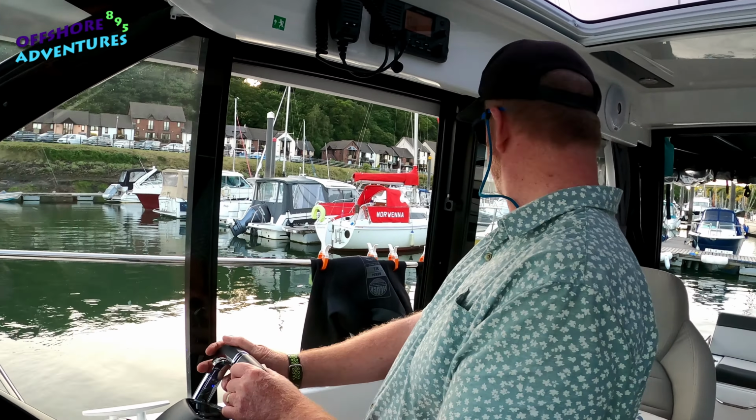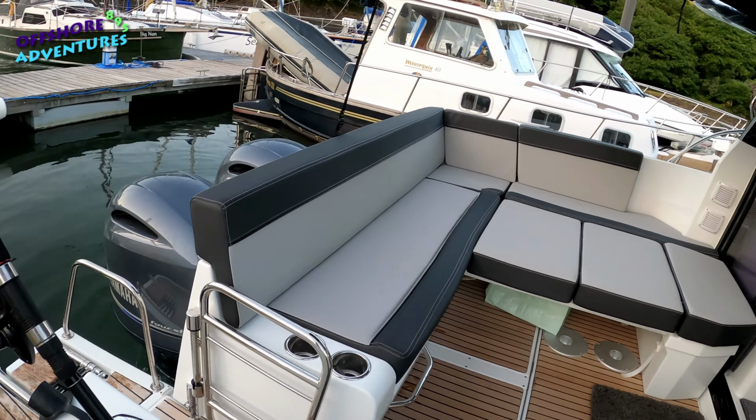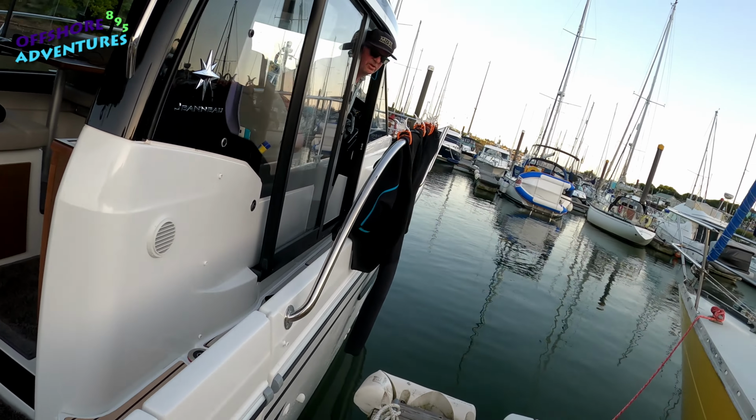And just bringing it back there. So a tiny bit of bow thrust just to straighten us up, and then both into reverse, just to start bringing us back into the berth. You see now Nikki's hopped off at the earliest opportunity, just in case, so she can then guide us back in, but in effect it's coming back in, lined up by itself there, and that's just the two engines